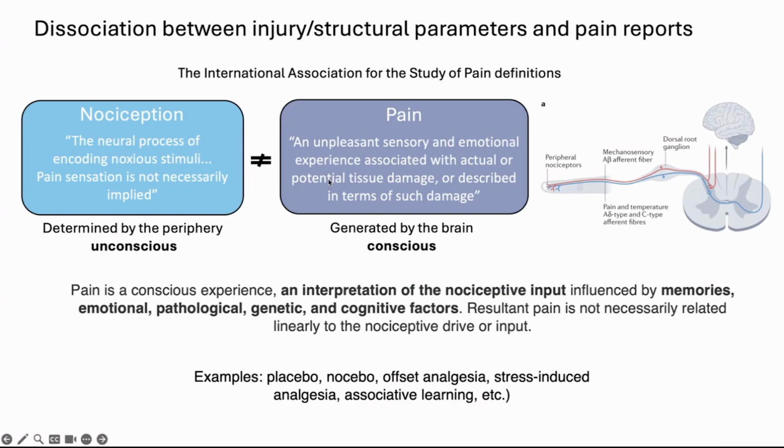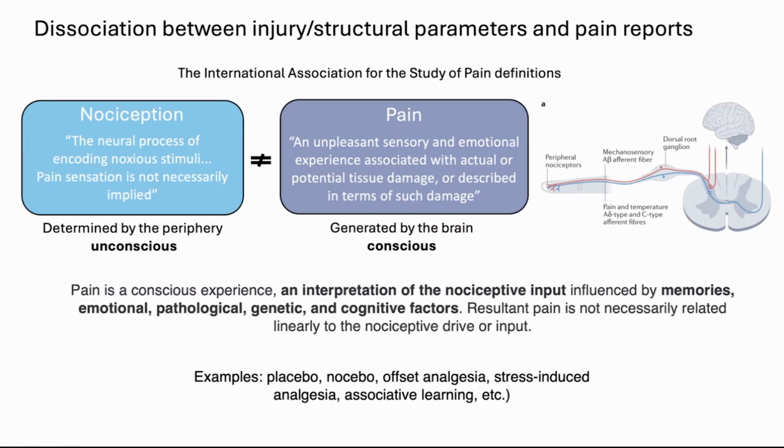There are several examples of phenomena that clearly show that you can modulate pain perception without changes in the sensory input itself. Now, two of my favorite ones are the placebo and the nocebo effects. So the placebo effect is caused by positive expectations, where basically you expect to feel analgesia because you think that you're receiving an active compound, and as a consequence, you're actually going to be perceiving less pain.